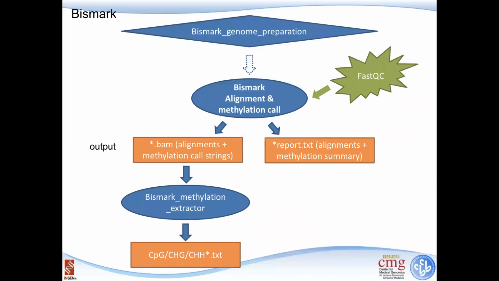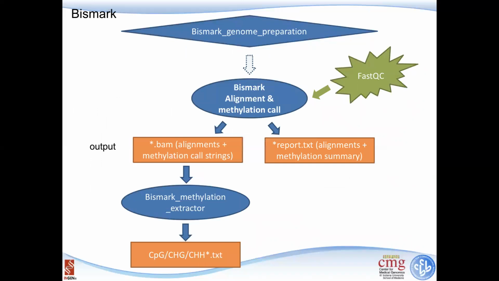So here is the workflow of Bismark. First, you need to do genome preparation. Of course, you don't need to do that manually. They can show you how to do that. And also, you just need to do it once for each genome, like human or mouse. And then next time, you can start from the second step, Bismark alignment, and then they put the Bismark alignment and